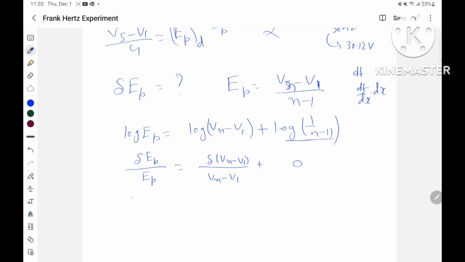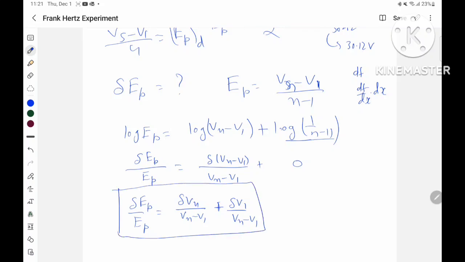So now from here you will get delta EP by EP is equal to delta Vn upon Vn minus V1 plus delta V1 upon Vn minus V1. Here we have taken plus instead of minus because this is an error, and errors always add up. So now you have this delta EP calculation. Now in this formula, delta V1 is